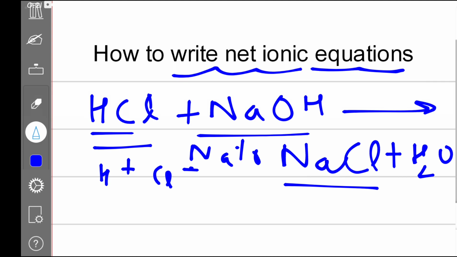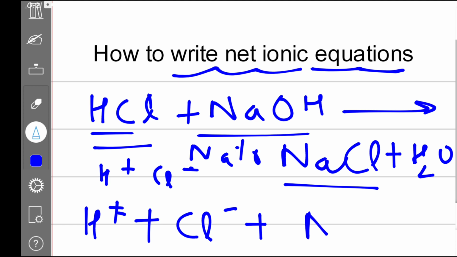Let me dissociate all the ions and then create the chemical reaction. So HCl will be H plus and Cl minus, and sodium hydroxide will be Na plus and